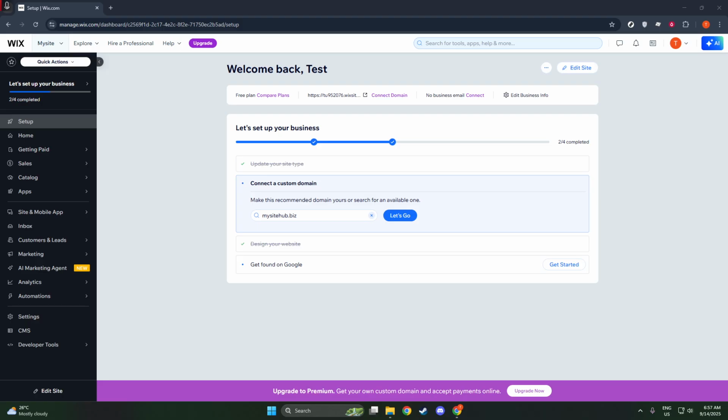First things first, you'll want to log in to your Wix account. Just open your browser, head over to the Wix website, and input your login credentials. Once you're in, you'll find yourself on the Wix dashboard, which is your central hub for managing all things related